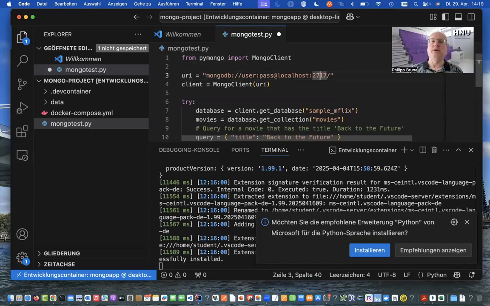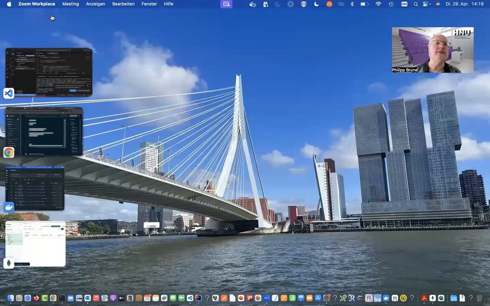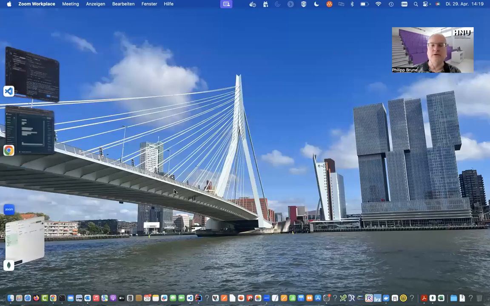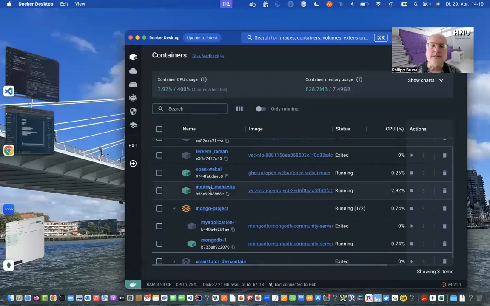But now it's not localhost because it's running on my Mongo cluster. We are inside the Mongo cluster now, accessing the Mongo cluster. So it's not localhost anymore. But as our application is running in Docker Desktop as well, we need to access